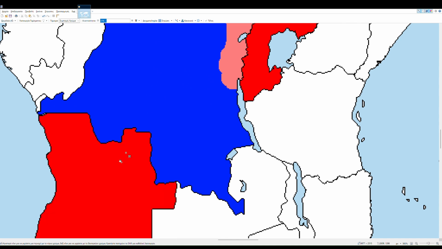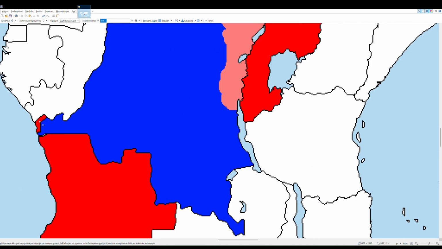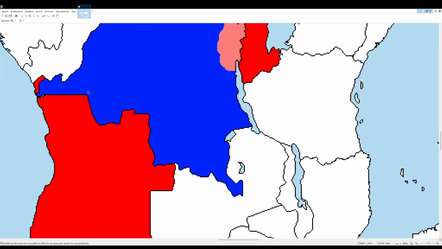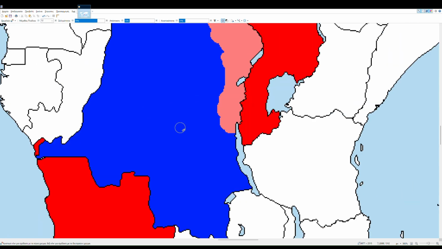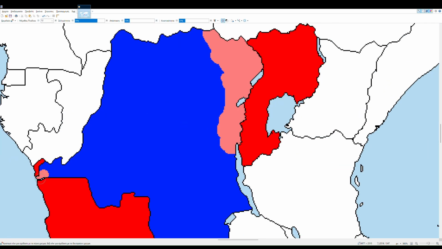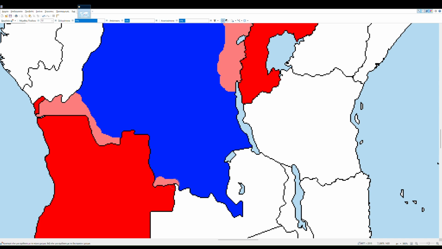The Congo will at first send their armies, but even before they will be able to clash, another nation will join the Ugandans, this being Angola. So now the Congo has to face a two-front war, and it's going terribly for them because Angola already secured key areas for the Congo,